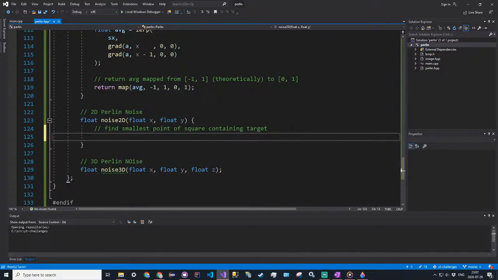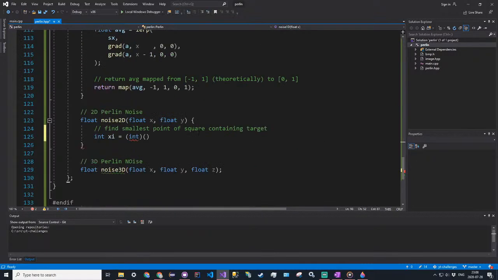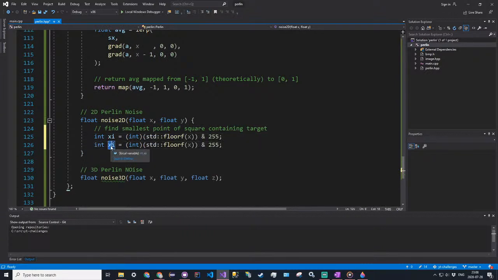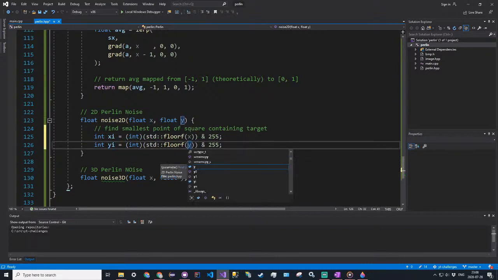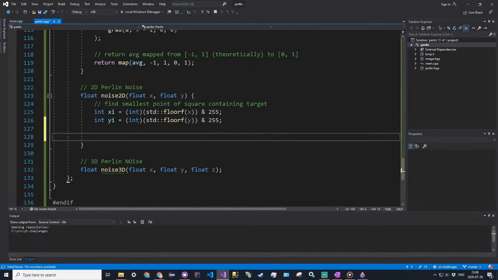Okay, so we're going to say int xi is equal to the integer value. Actually, vary this the exact same as above. So you can just copy and paste this real quick, and then do the same thing for y. So int yi is equal to the integer value of floor of y, and then bitwise and with 255. Now we want to get the decimal value